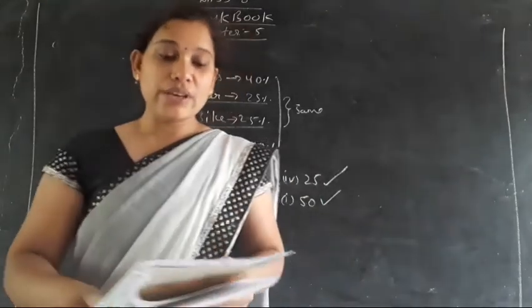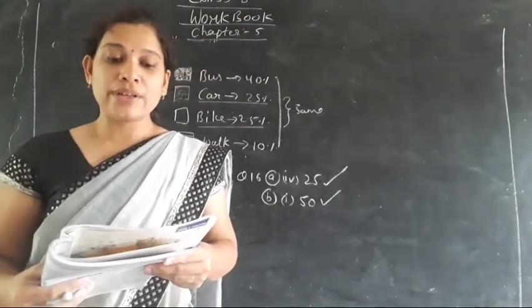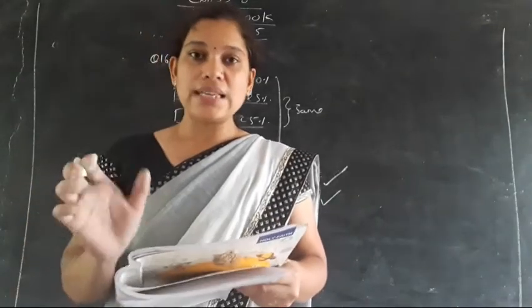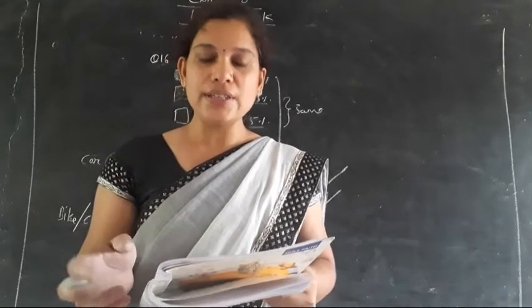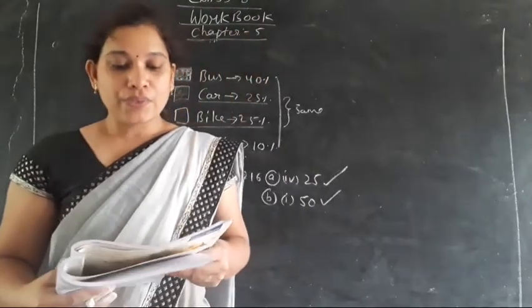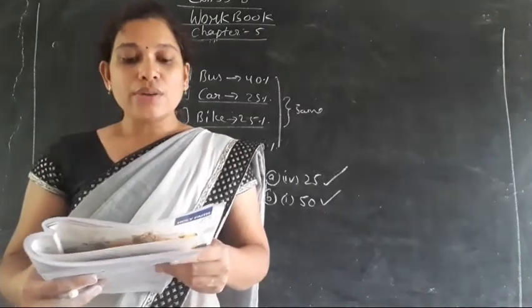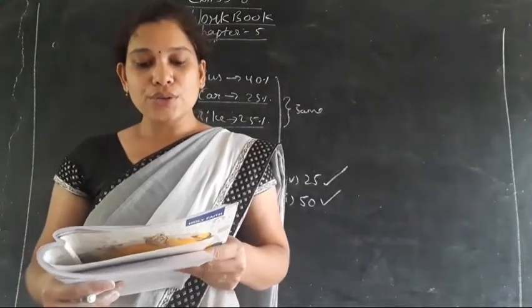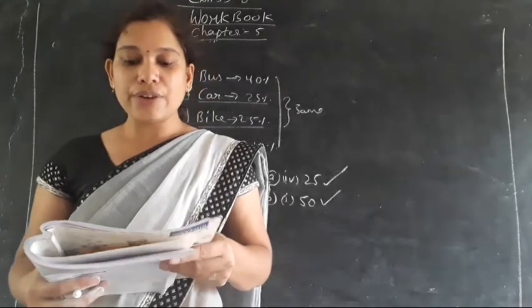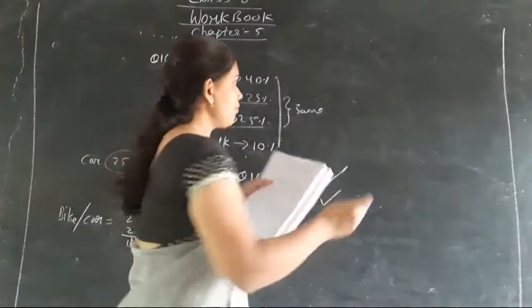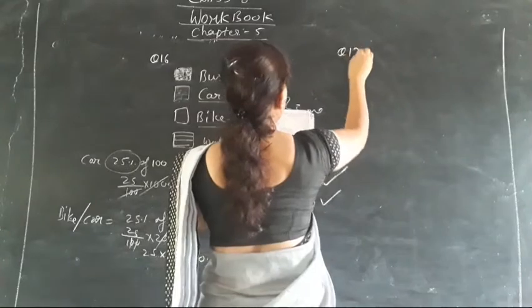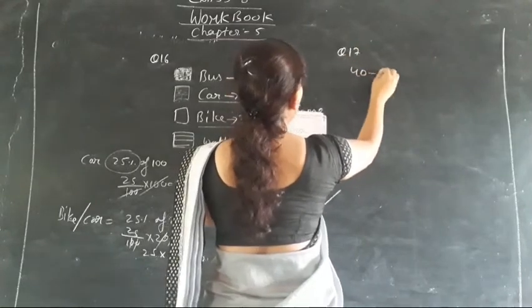Okay, so we can see that 40 to 45, 45 to 50, so the class size is the same, 5 is the difference. So moving toward the question, let's see what is said in the question. Now write the answers of the following questions. Write the upper limit of the first class interval. So what is the first class interval of question number 17? That is 40 to 45.